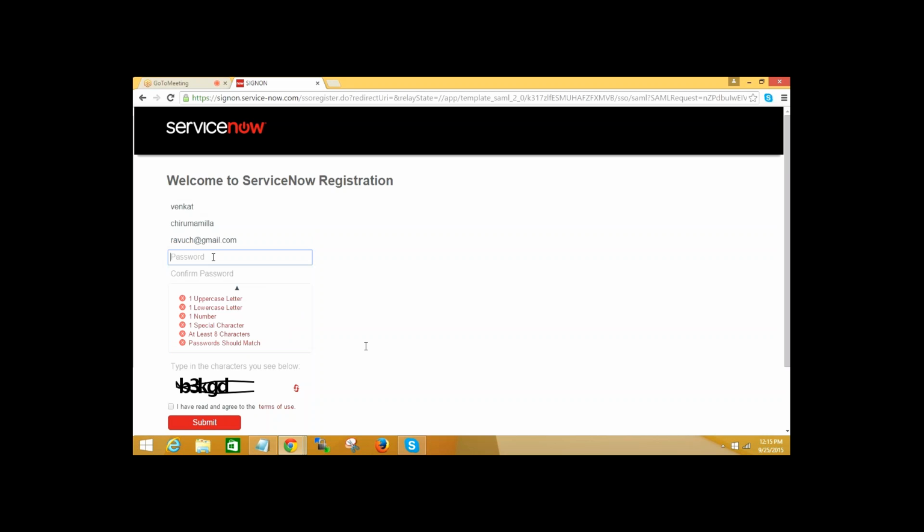So this is the password you should remember the next time. This is not a password for your Gmail address. This is for the ServiceNow instance password. So give the new password.